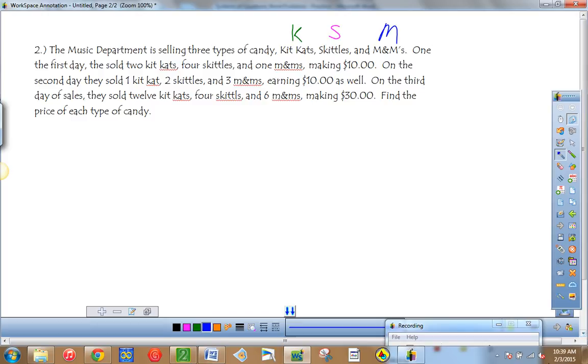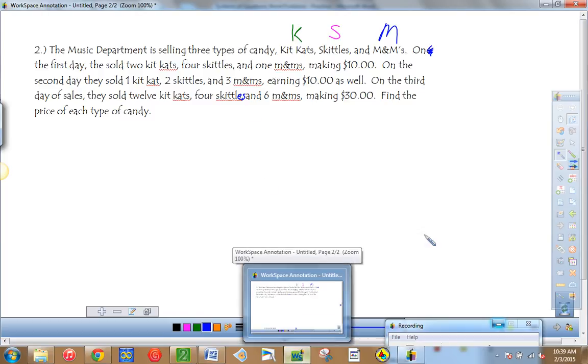Okay, so the music department is selling 3 types of candy: Kit Kat, Skittles, and M&M's. On the first day,